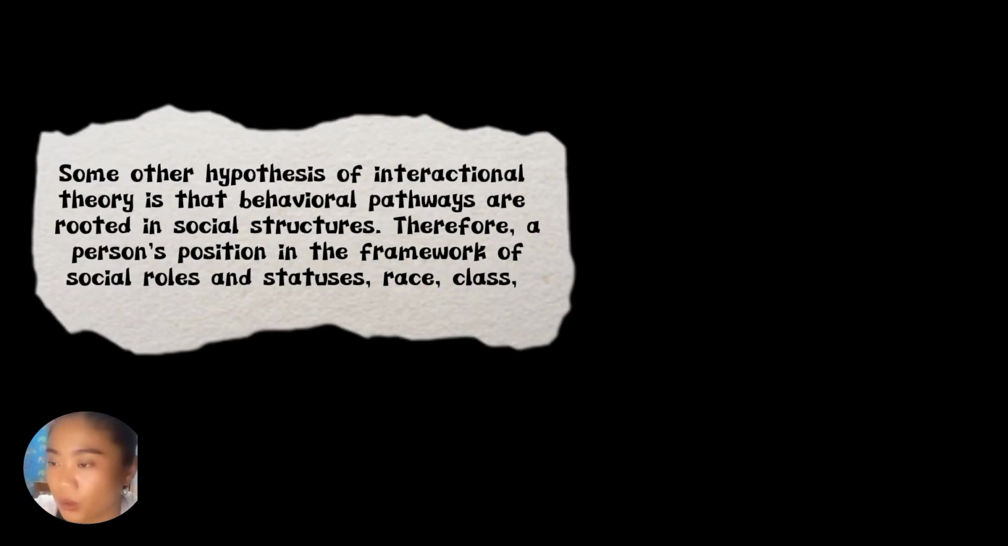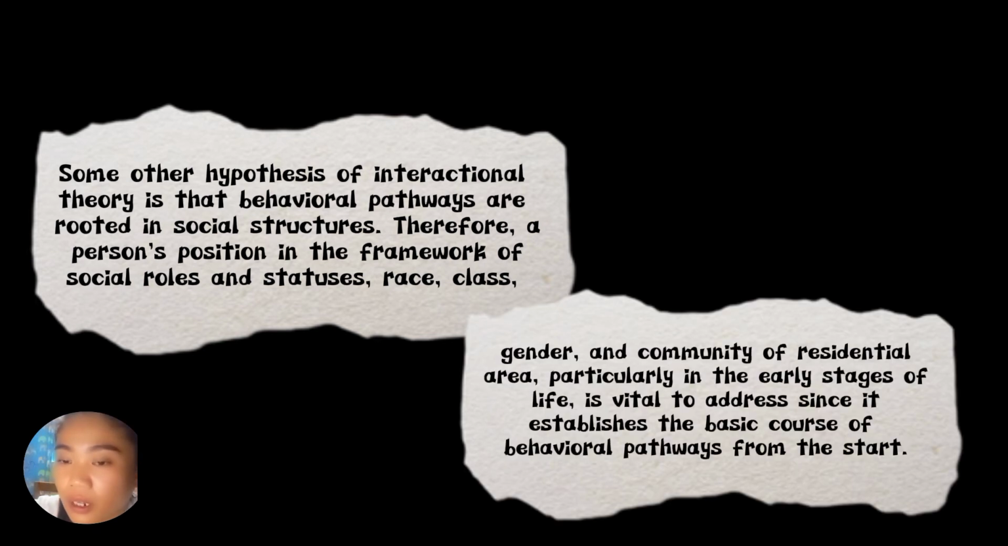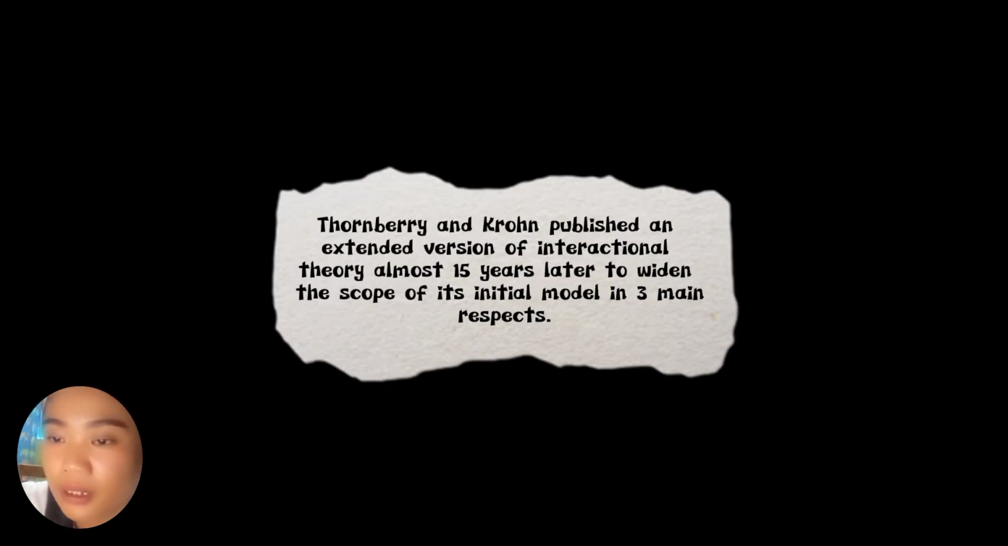In social structures, another hypothesis of interactional theory is that behavioral pathways are rooted in social structures. Therefore, a person's position in the framework of social roles and statuses, race, class, gender, and community of residential area, particularly in this early stage of life, is vital to address since it establishes the basic course of behavioral pathways from the start. In the interactional theory extension, Thornberry and Krohn published an extended version of interactional theory almost 15 years later